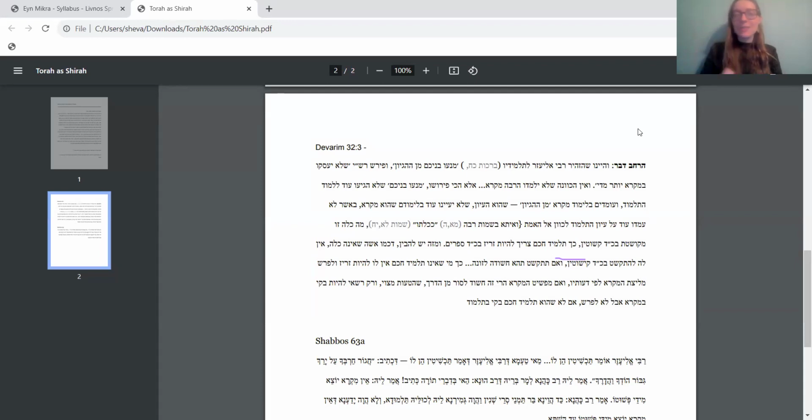We need the Torah to be speaking to us. We need Hashem to be telling us what He thinks. We're not trying to tell Hashem what He thinks. We don't think we're smarter than Hashem, that we should use the Torah text to prove our ideas. We want the Torah text to tell us what Hashem thinks so that we can take that wisdom and make it into our wisdom. So that's something to just keep in mind.